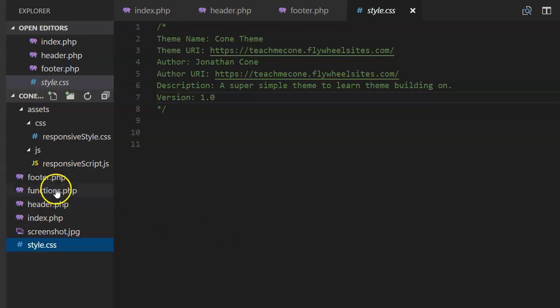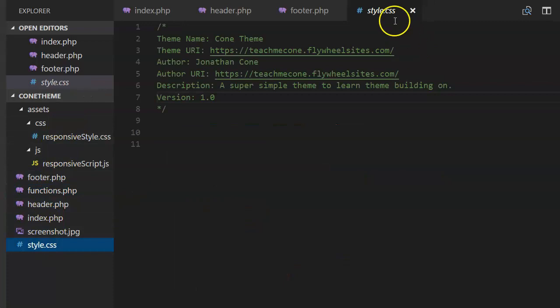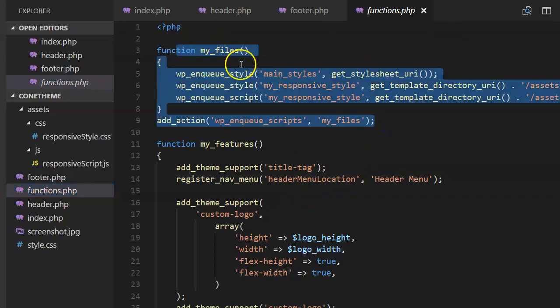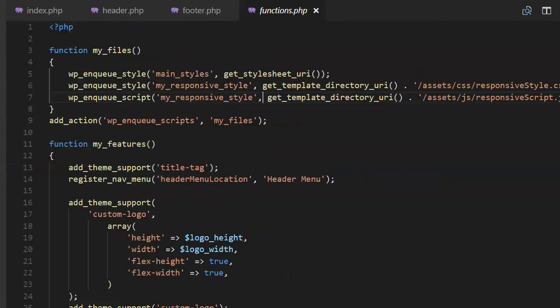So to do that, we're going to have to actually do it inside of our functions. So open up the functions, and where did styles go? And styles. Oh, that's weird. Okay, let's go back to functions. We're going to load in functions, okay? And we're going to add it to our My Files section. And we're going to load it in just like the rest of these. So first what I want to do, though, is actually go to